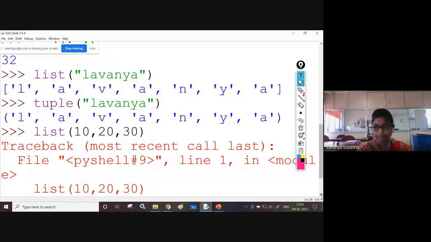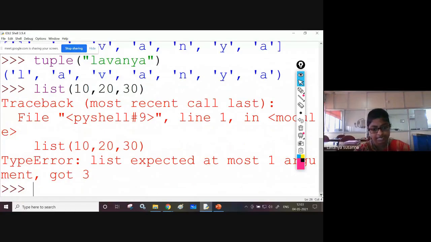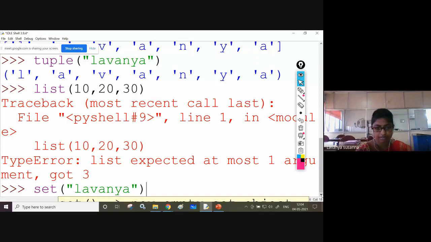Next one is set. Set of Lavanya. Again I am giving Lavanya. Only one argument you have to give, not more than that.